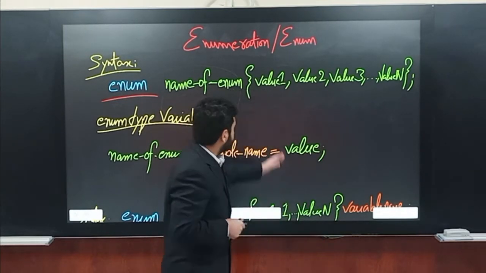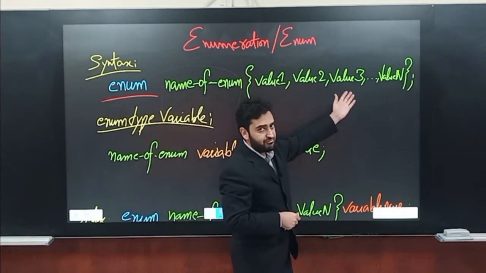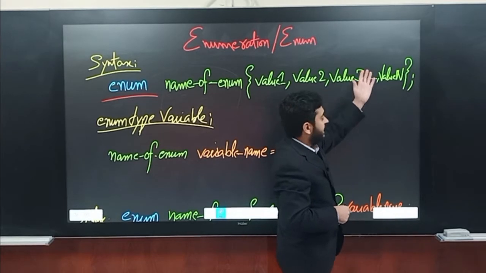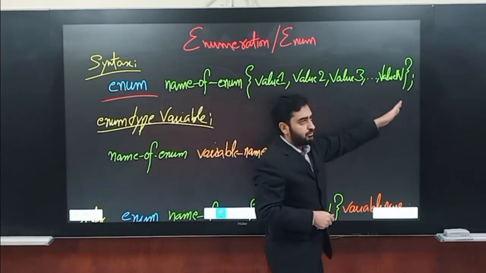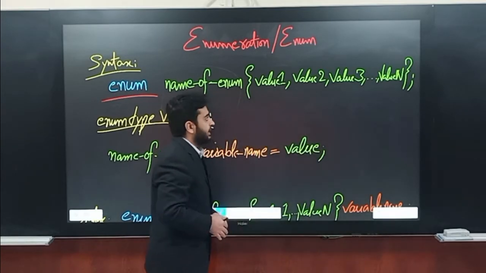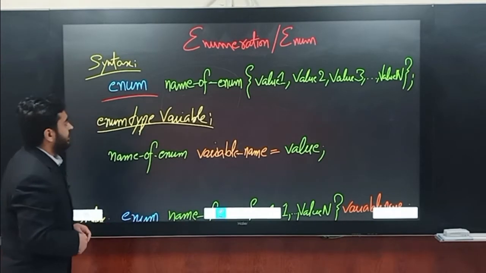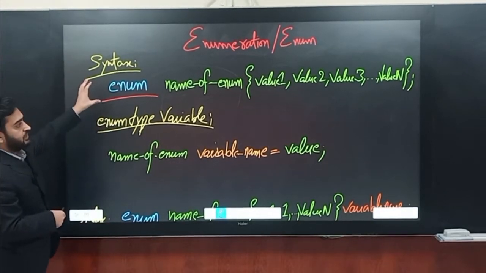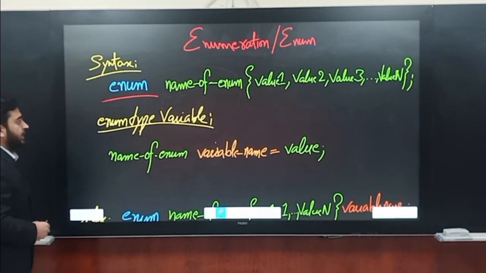The possible values may start from value 1, comma, value 2, comma, value 3, comma, value 4. Each value should be separated by commas, up to n values, and then terminated by the semicolon. This is a very simple syntax for the declaration and definition of the enumeration